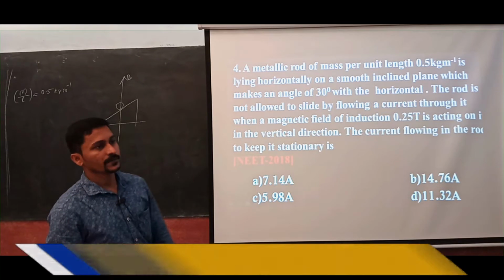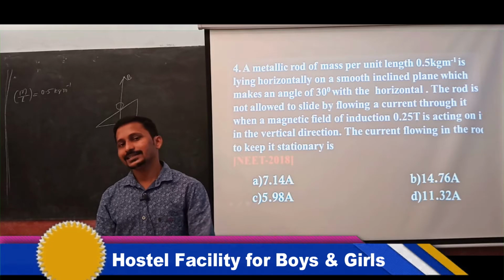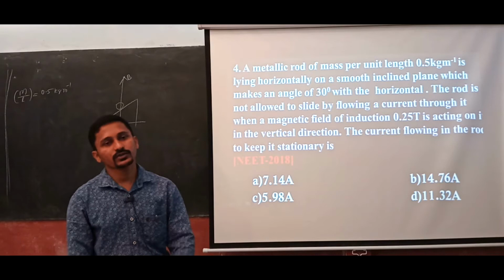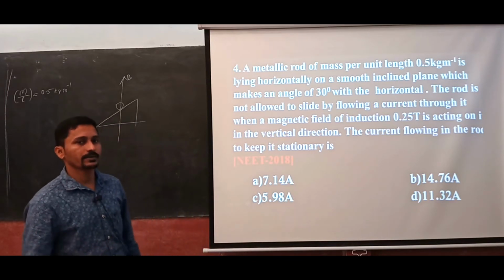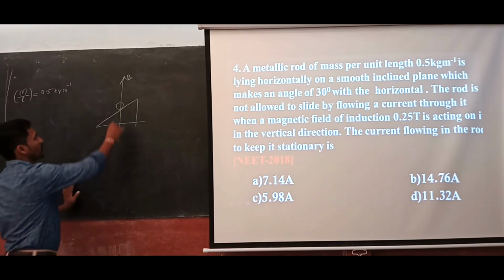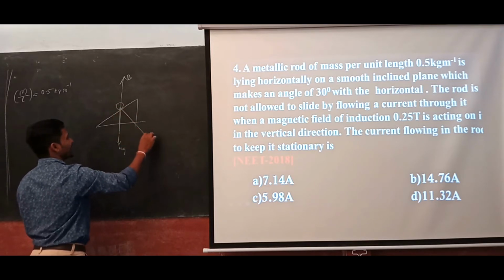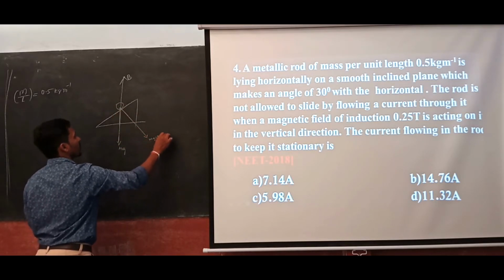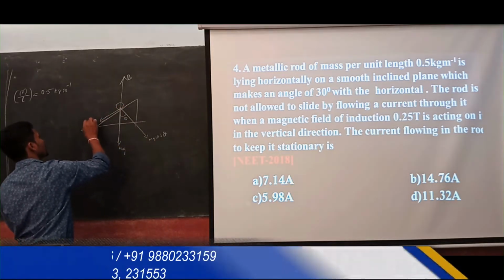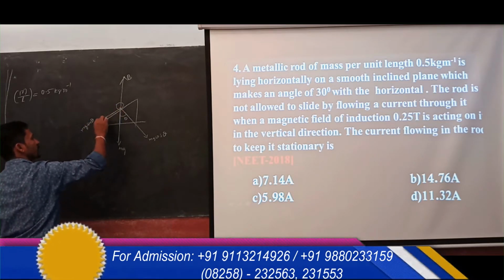Now suppose there is no friction and it is going to slide down smoothly, but you are going to apply a magnetic field and a current in such a way that it sticks to that surface and does not slide back. So how do I write this down? What are the forces? Already mg is there. So mg will be divided into components here, right? Mg cos theta, isn't it? So this becomes mg sin theta. So the force coming down is mg sin theta.